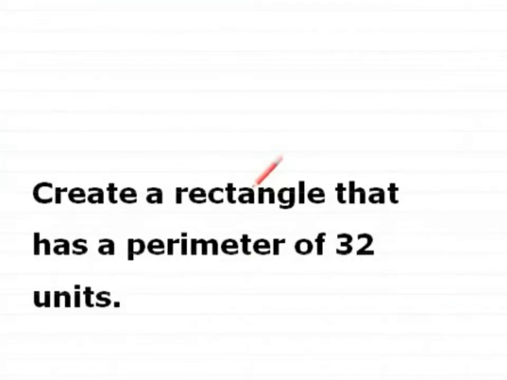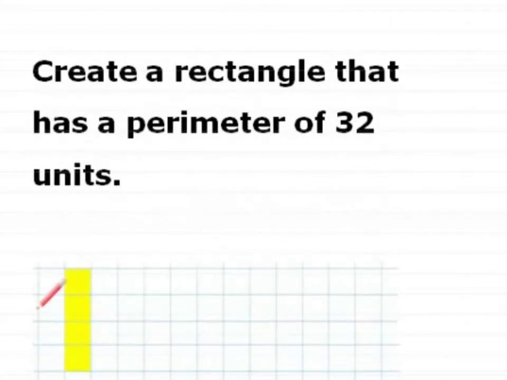I drew the previous rectangle from knowing the area. I can also draw a rectangle if I know the perimeter. To create a rectangle that has a perimeter of 32 units, I need to remember that 2 sides have to be equal, and the other 2 sides also have to be equal. If I start with a figure that has 4 units on 2 sides,